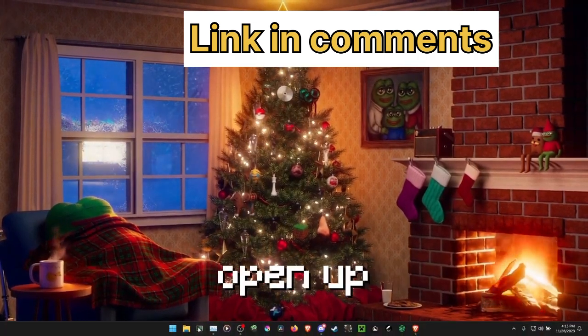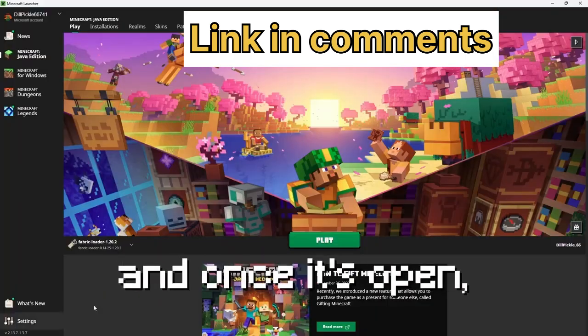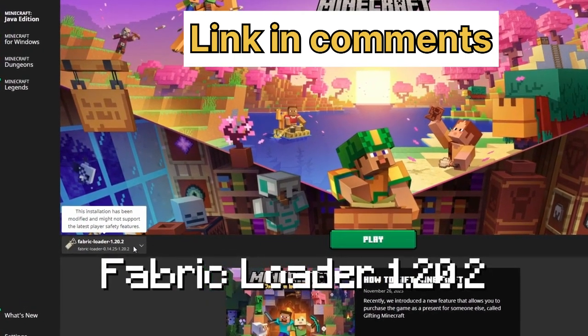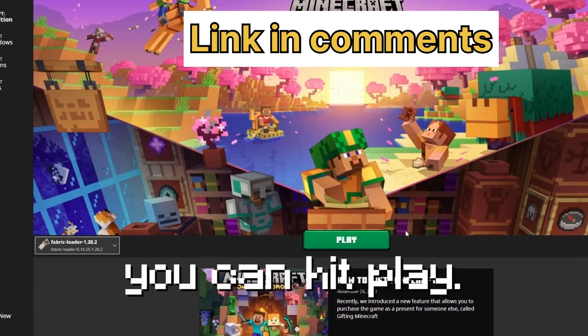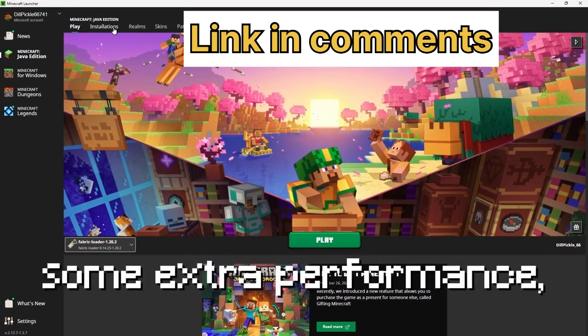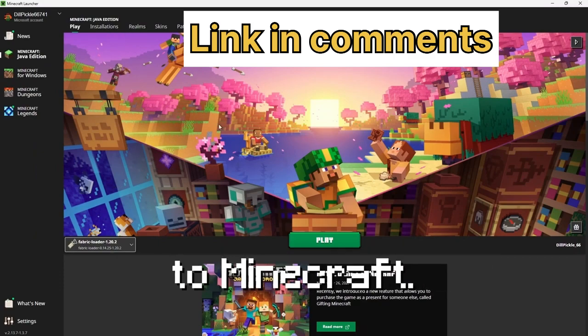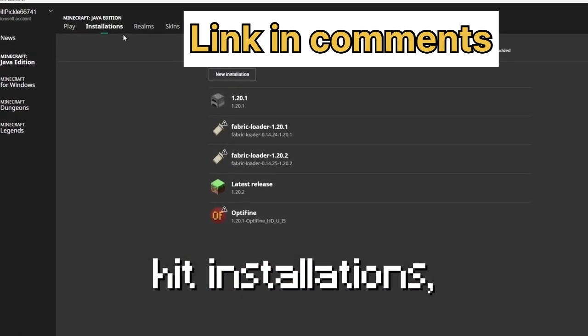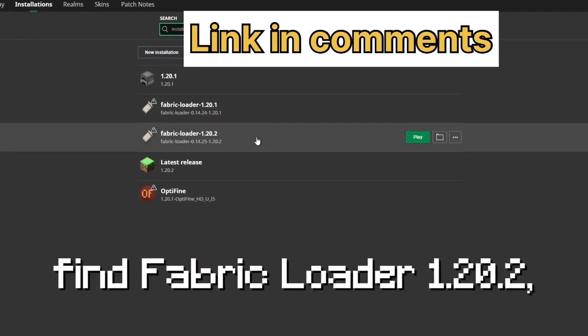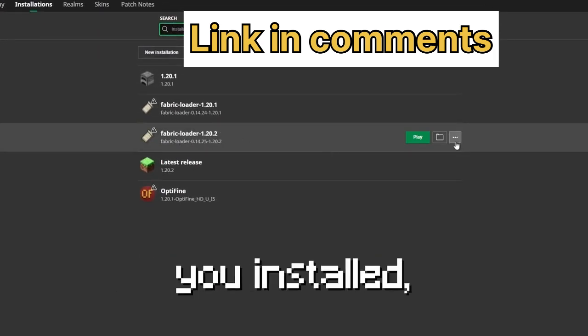So you can just open up your Minecraft launcher, and once it's open, just make sure you have Fabric Loader 1.20.2 selected, and then you can hit play. However, if you want some extra performance, I will show you how to increase the amount of RAM you have allocated in Minecraft. So to do that, hit installations, find Fabric Loader 1.20.2 or whatever version you installed, hit the